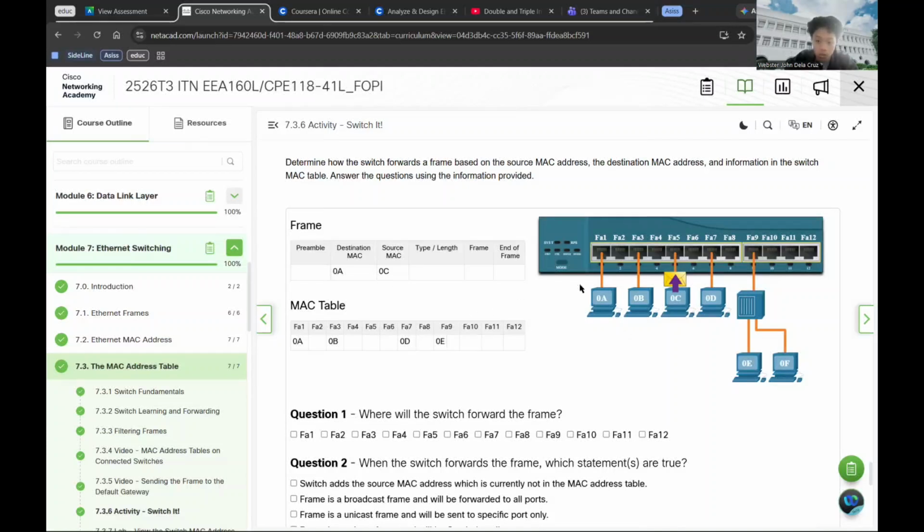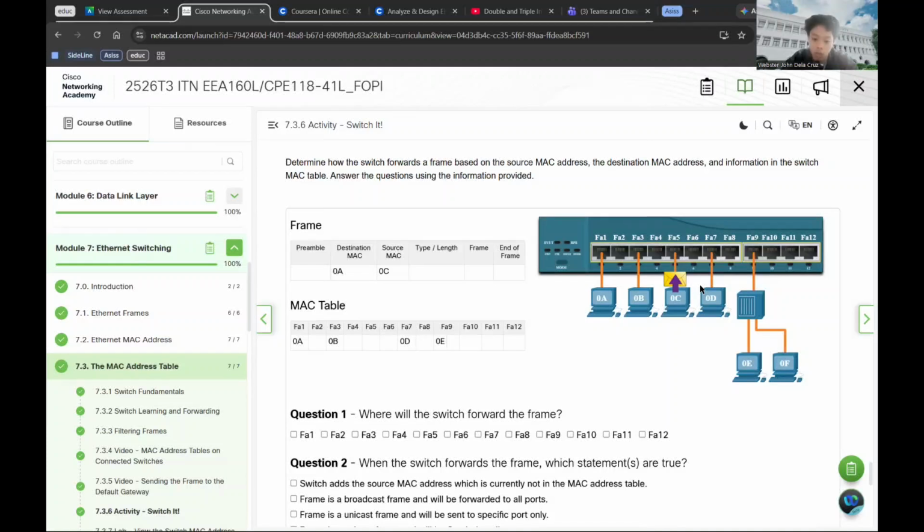By checking its MAC table, the switch sees that the MAC address 0A is already mapped to port FA1. Because the switch knows exactly where the destination device resides, it will forward the frame directly out of port FA1.